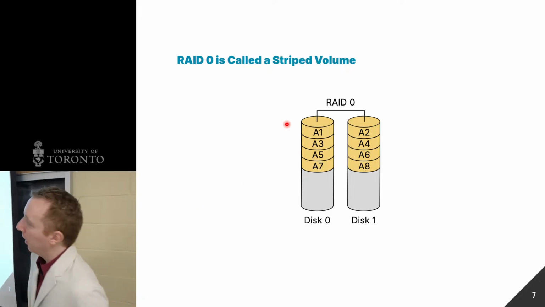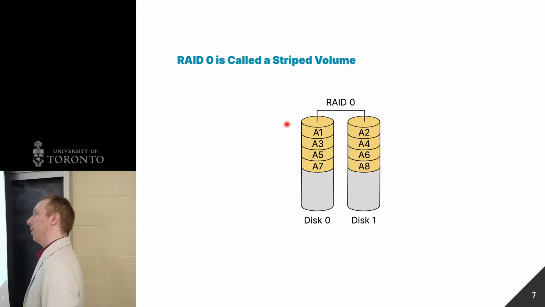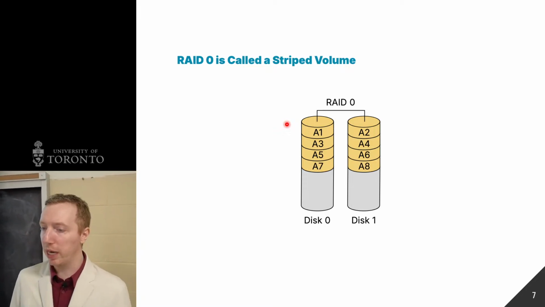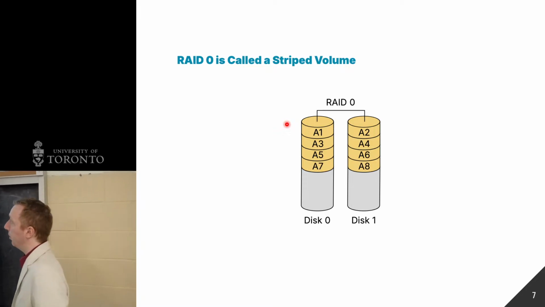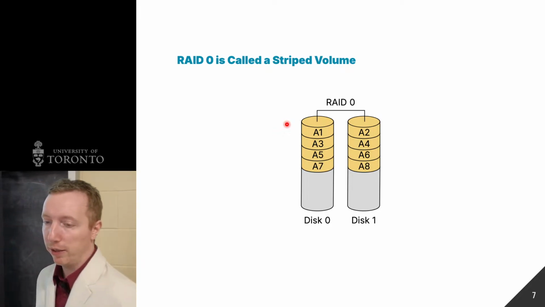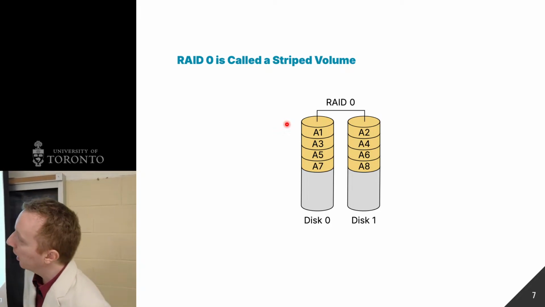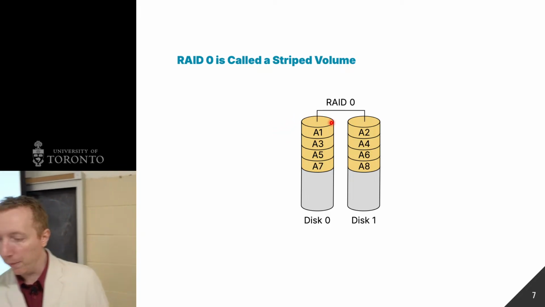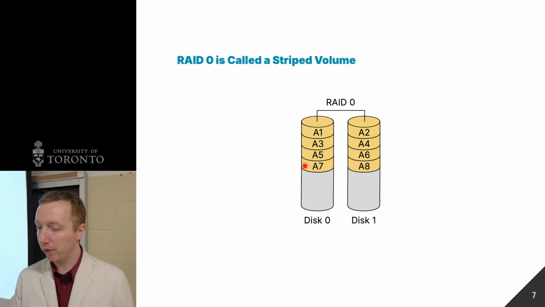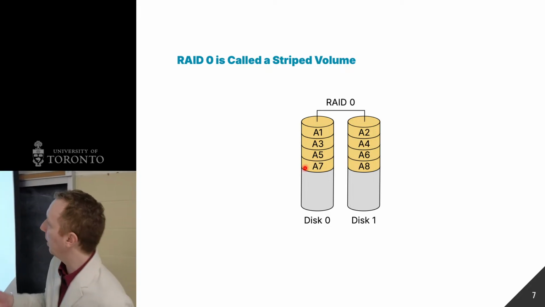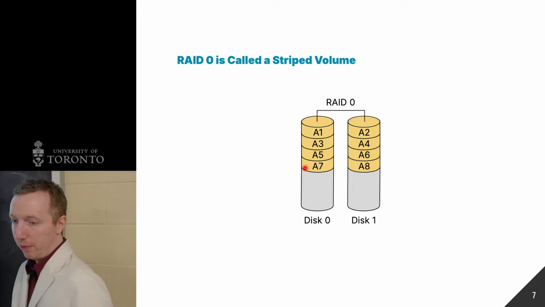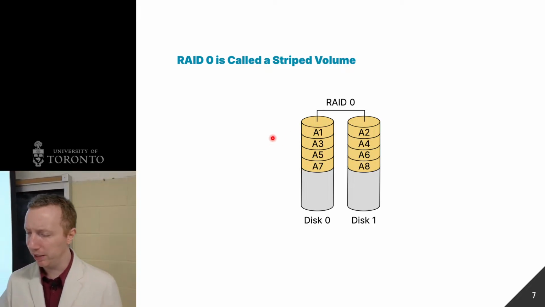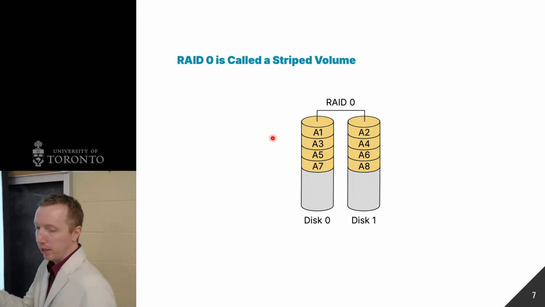So the 2 extremes are called RAID. All the RAID configurations are just called RAID and then a number, and it's up to you to figure out what it is. RAID 0 is commonly called a stripe volume, and the whole idea behind this is to just go fast. If we take our file called A and split it up into 8 different parts, the size of these parts doesn't really matter. It'll typically be like 128K, but it doesn't really matter.